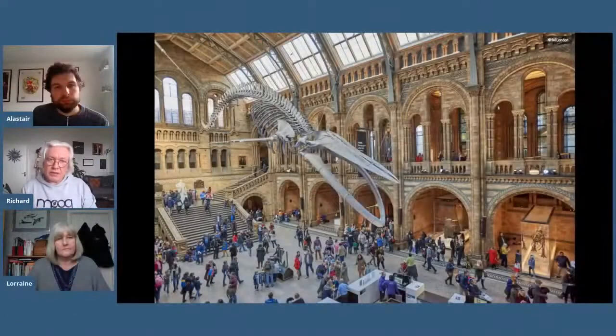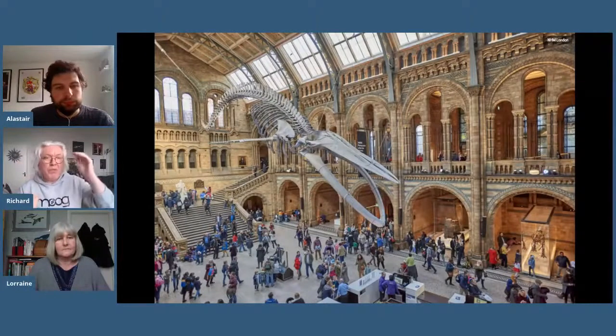And with Hope, we were able to determine that in the last few years of her life, based on the amount of growth in those plates of baleen, she'd been moving between the waters in the north off Iceland, Greenland, and then heading south past Ireland and the British Isles down to the west coast of Africa every year, moving backwards and forwards, feeding, breeding. But then something happened. She stayed a lot longer in those southern warmer waters, and we were trying to understand